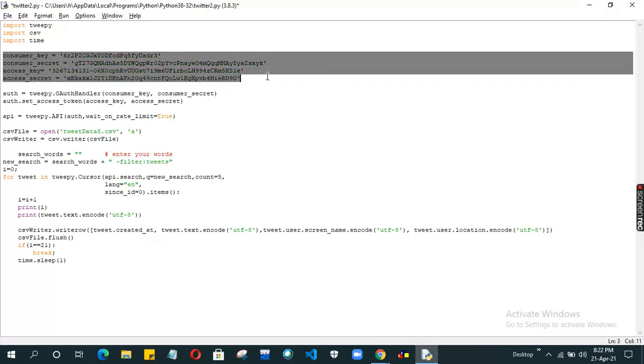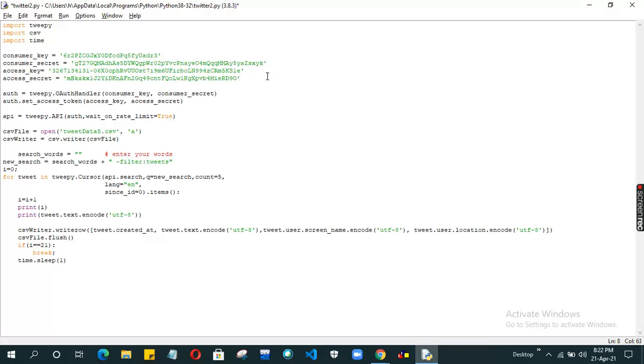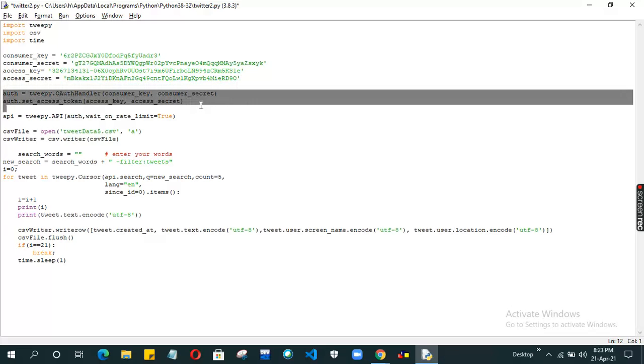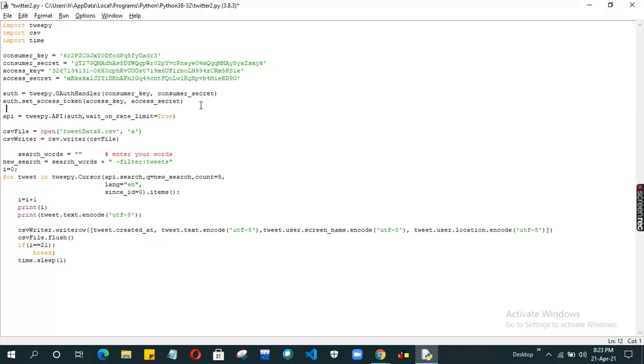These are our 4 keys. Using these keys, we authenticate our script. Here we authenticate our API keys: the Tweepy auth handler takes the consumer key and consumer secret as parameters, and then we set the access token, the access key, and the access secret.